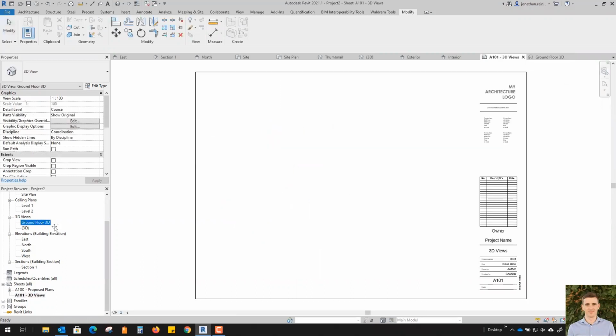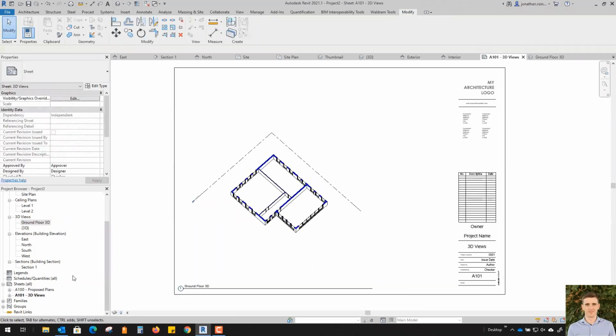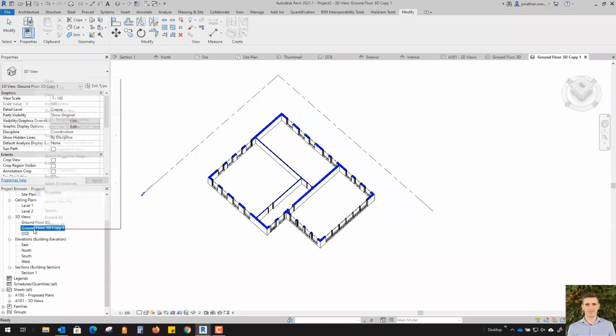And then, the same way we place a floor plan onto a sheet, all we're going to do is just drag that floor plan onto the sheet. And the scale it comes in at, we're just going to leave at that particular scale. We will hide some of the objects, such as the level lines that you see there. But what we're going to do now, we're actually going to duplicate this, and we're going to rename this as